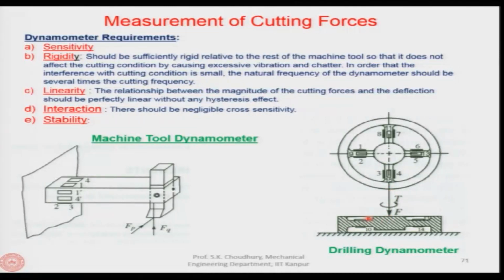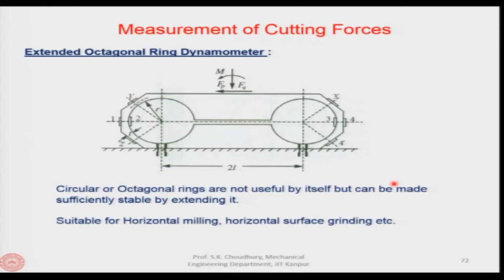So, if you apply the torque, these 9, 10, 13, 14 and all others from 9 to 16 will be affected, and the torque can be measured equivalent to the deformation of those strain gauges in these cases. Okay. Now, next is the extended octagonal ring dynamometer as it is shown here, because the octagonal structure that I